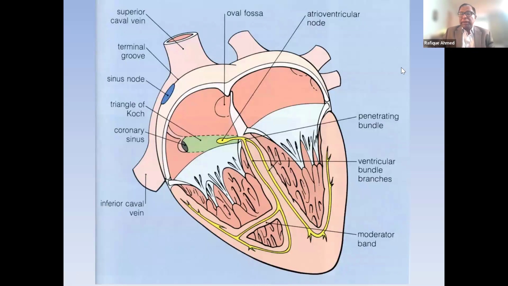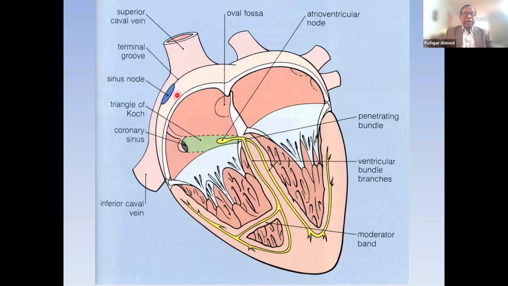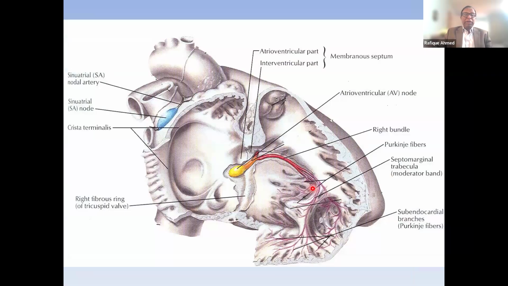basically, if we look at the heart, we have sinus node, and then we have the AV node, His bundle, right bundle, and left bundle. And that's how the electricity conducts. And if I give it a better picture, so you can see the AV node up here, sinus node up here. Sinus node is actually a long structure. It's about 1 inch long. So it's very difficult to destroy sinus node. That's why when we have infarct or other things, we don't do much damage to it.